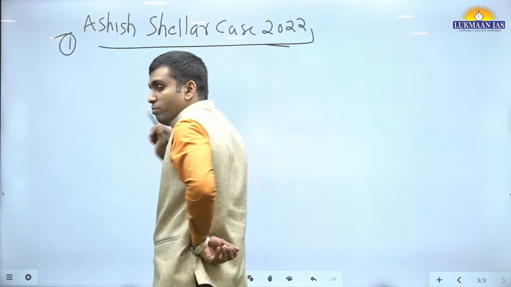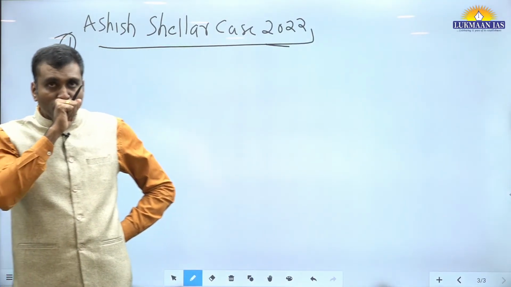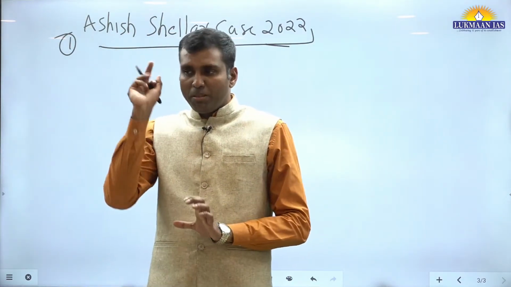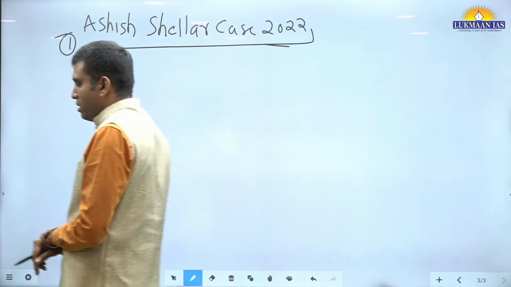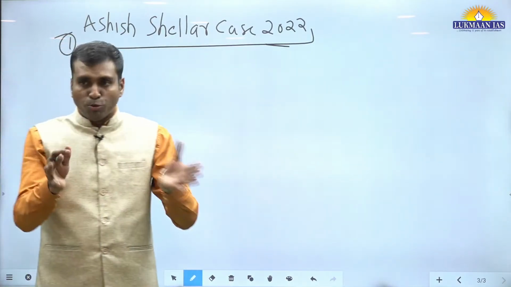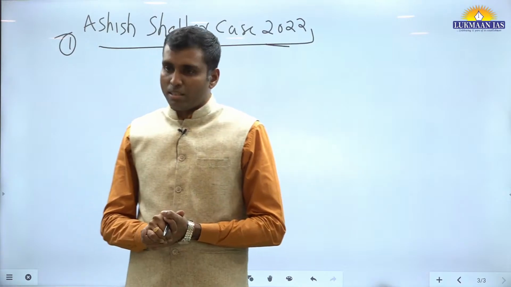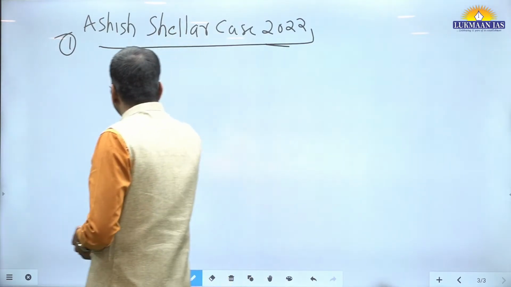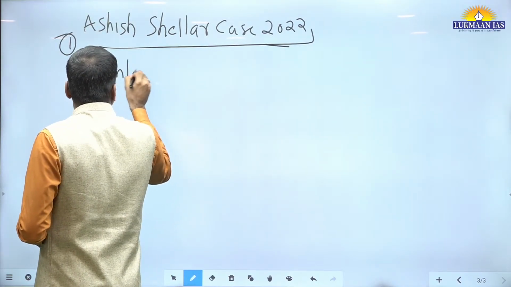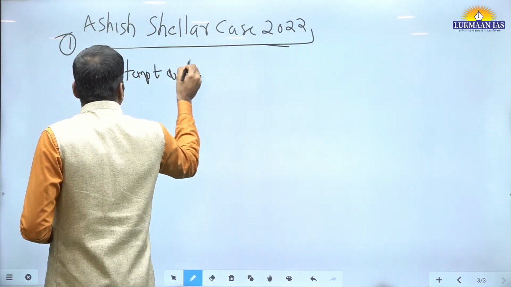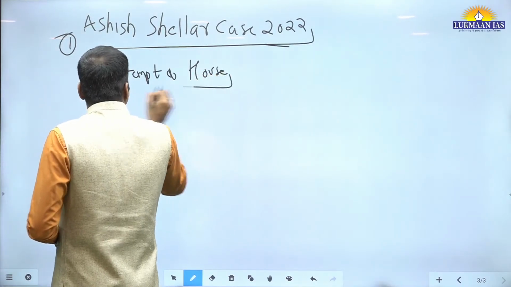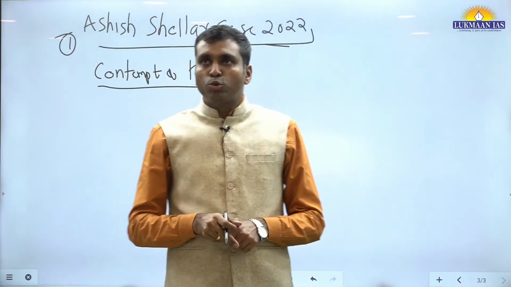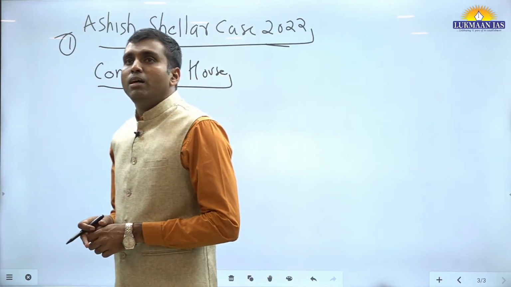case 2022. In this case, 12 MLAs of the opposition, BJP then, were suspended by the House for 1 year. The charge was contempt of House. Breach of privilege and contempt of House. These two terms, although used,